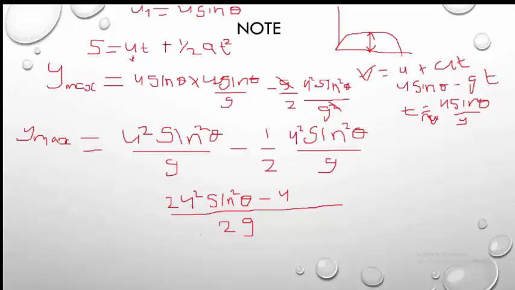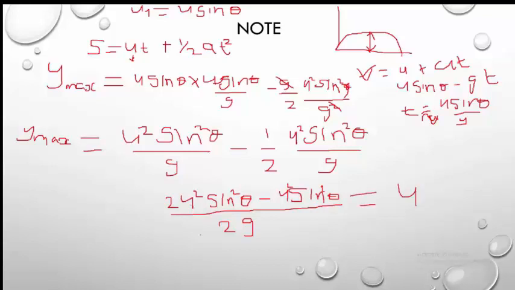So you can make 2g the subject of the formula. We have u squared sin squared theta over g minus half u squared sin squared theta over g. So we make 2g our LCM. Then how many g do we have in 2g? That's 2. 2 times u squared sin squared theta will be 2u squared sin squared theta. How many 2g do we have in 2g? 1. 1 times u squared sin squared theta, so it will give me u squared sin squared theta. So 2u squared sin squared theta minus u squared sin squared theta, this one will be equal